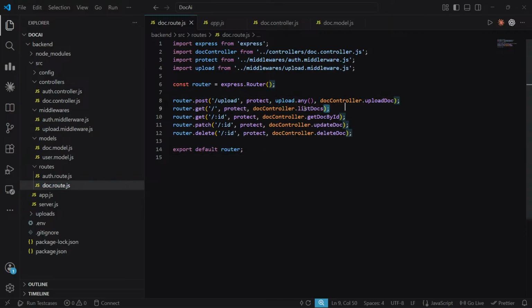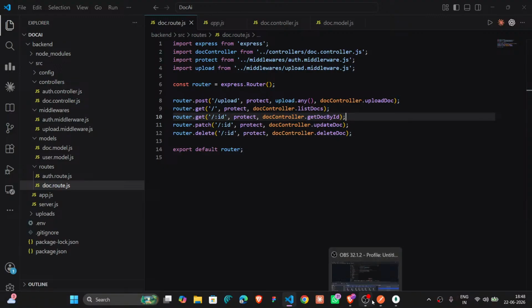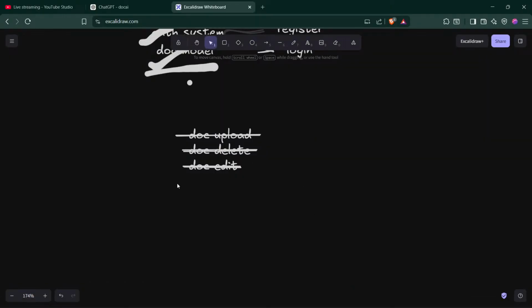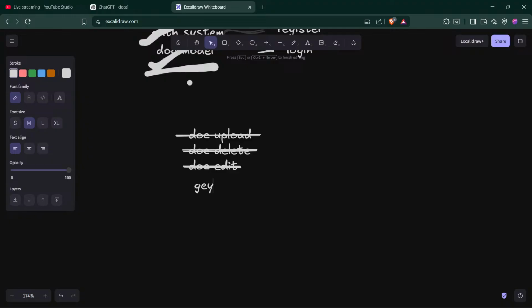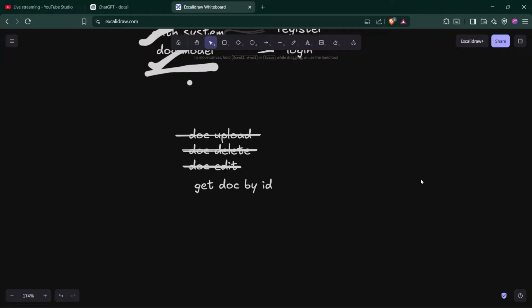This is done, delete is done, and we have get document by id, update document. Okay, these two, get document by id and update docs. So let's start doing this.